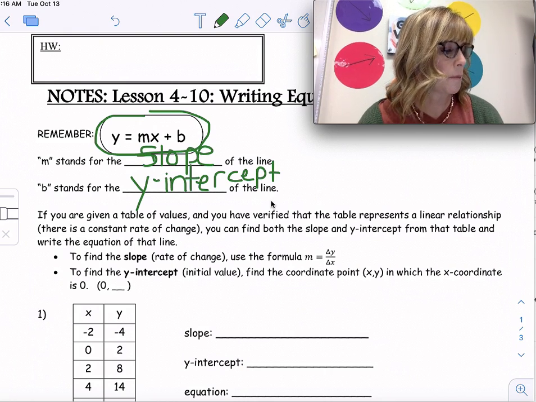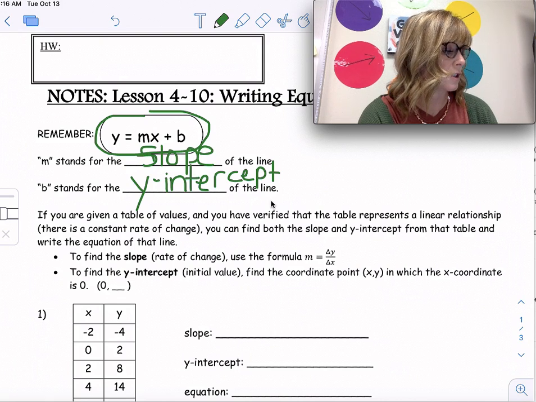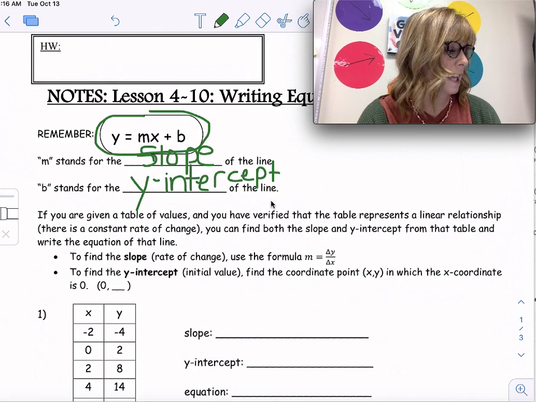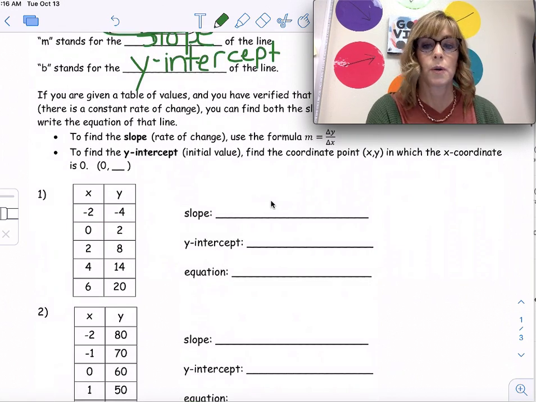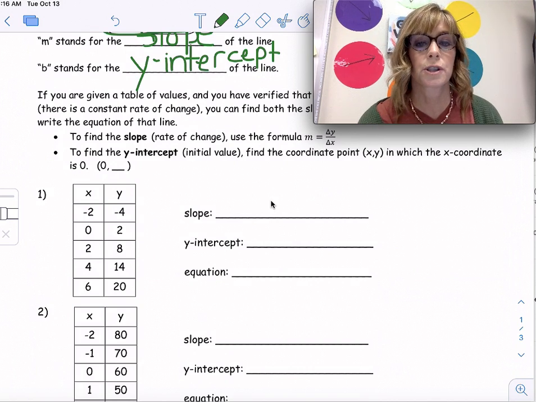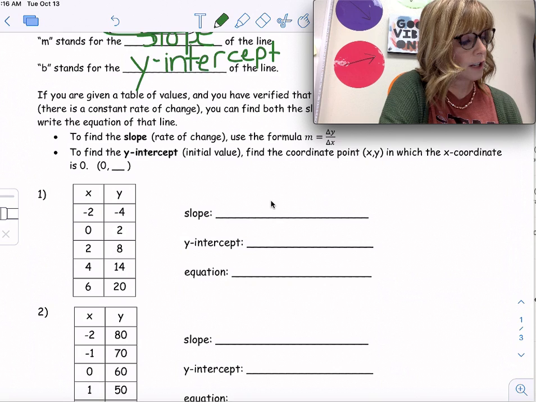So if you're given a table of values and you have verified that the table represents a linear relationship, that means there's a constant rate of change, then you can find both the slope and the y-intercept from the table and write the equation of that line. So to remember, to find the slope, which is also the rate of change, you use the formula, the change in y over the change in x,